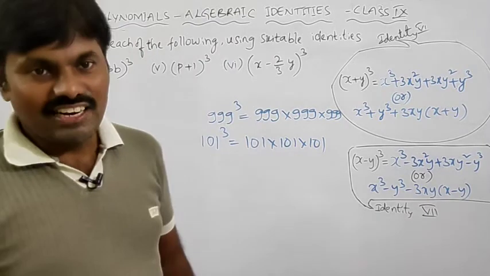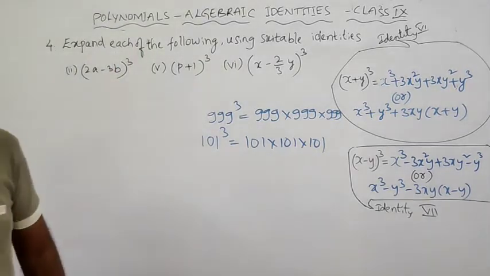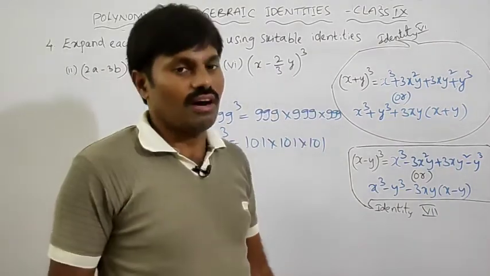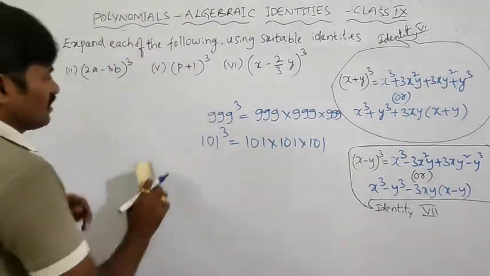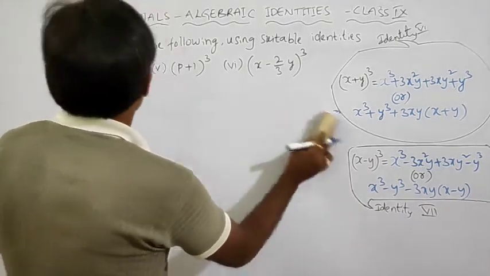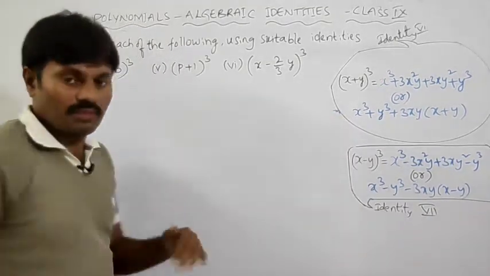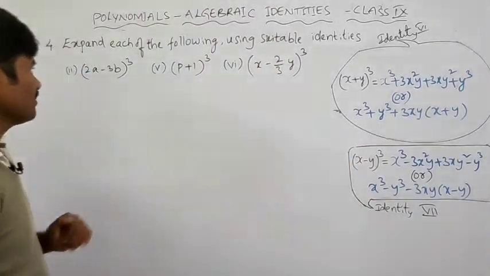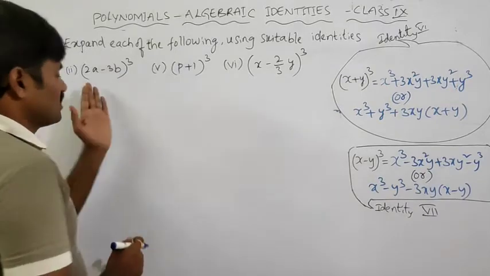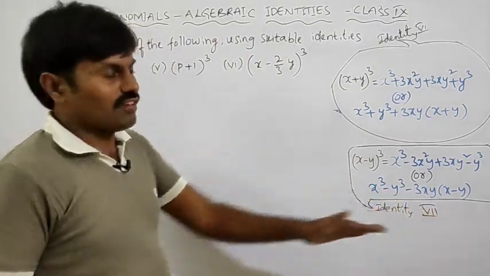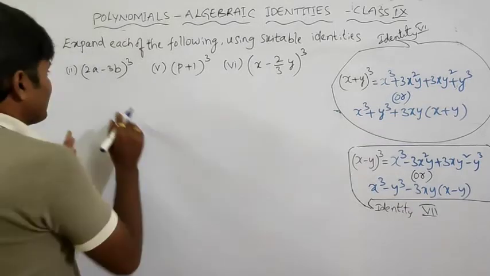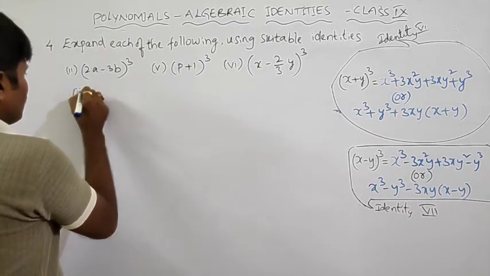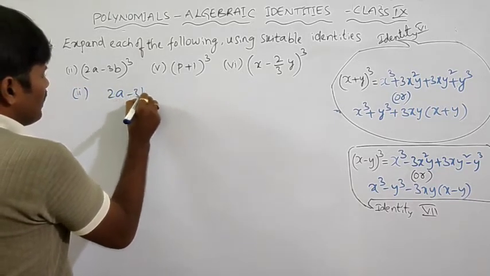Okay, is it clear? Now if they ask us to expand these two, or if you apply the distributive property, it is a little more difficult. So instead of that we are going to apply formulae. So what is the suitable identity for the second problem? In this fourth bit, some questions are based on identity 5, except those I have taken. So 2a minus 3b whole cube is in the form of identity 7. So we are using identity 7 here, which is in this form.